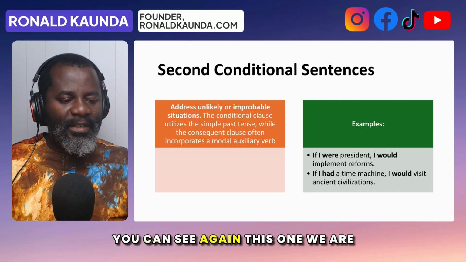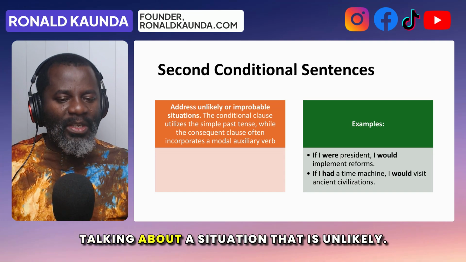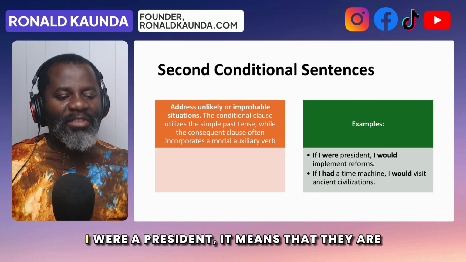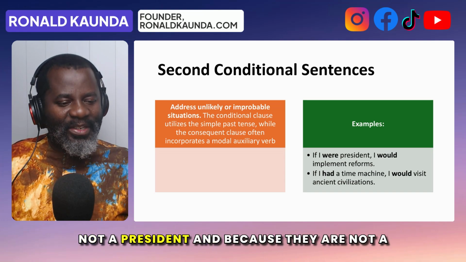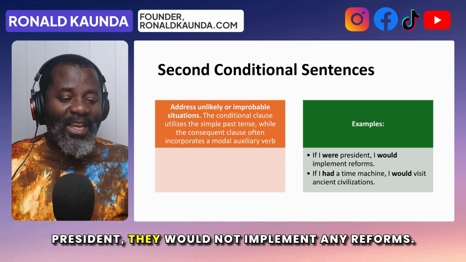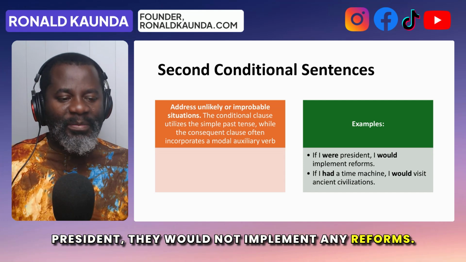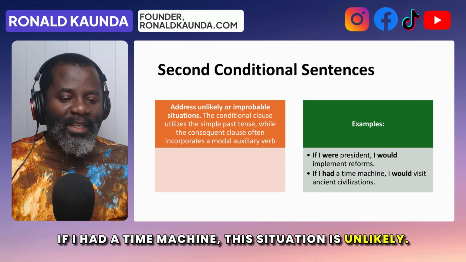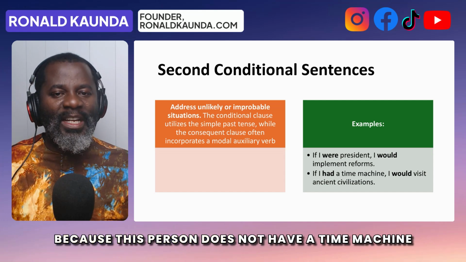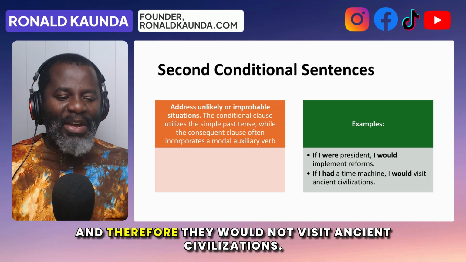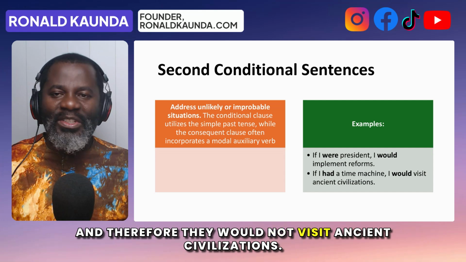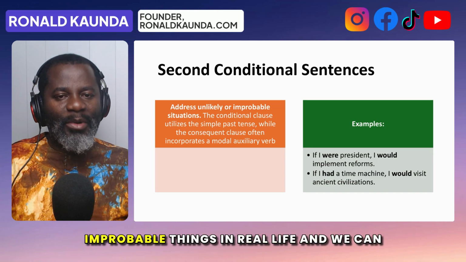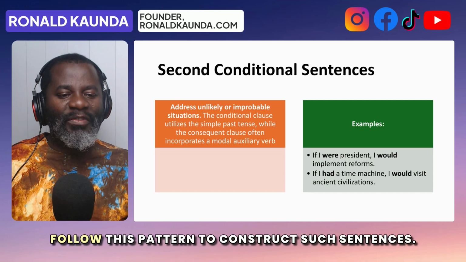You can see again, this one, we are talking about a situation that is unlikely. Unlikely in the sense that when somebody says, if I were a president, it means that they are not a president. And because they are not a president, they would not implement any reforms. If I had a time machine, this situation is unlikely. Why? Because this person does not have a time machine, and therefore they would not visit ancient civilizations. So there are times when we talk about improbable things in real life, and we can follow this pattern to